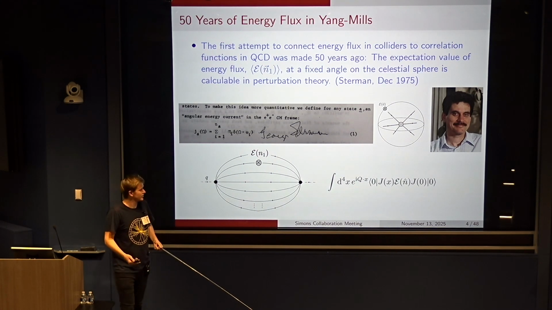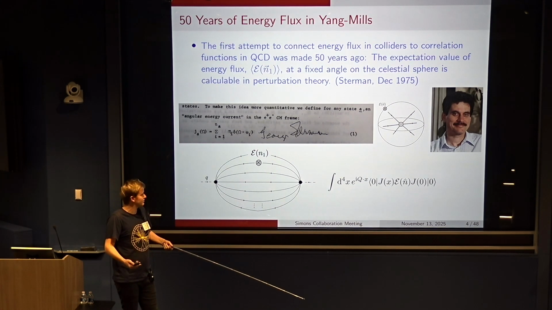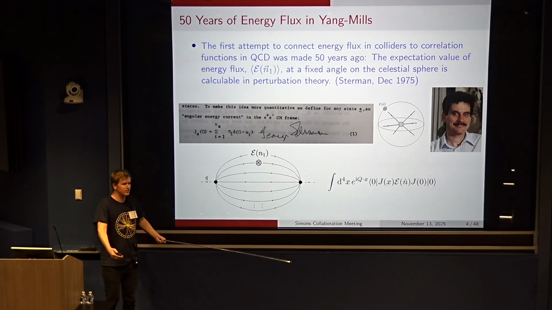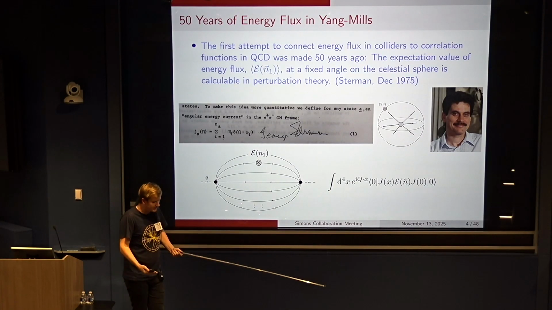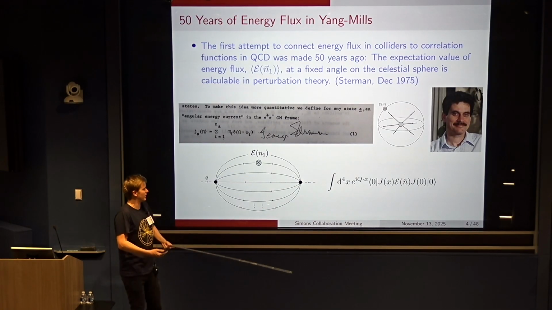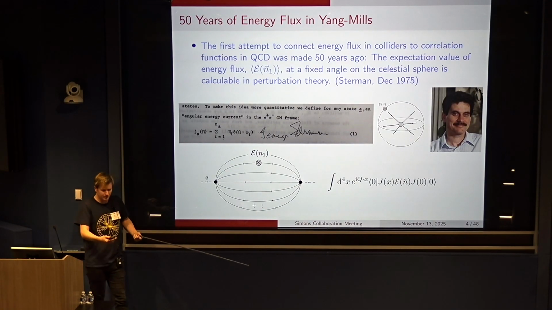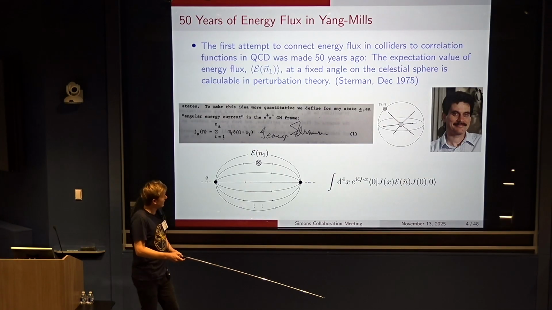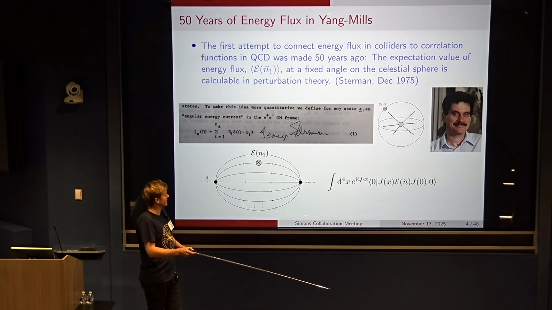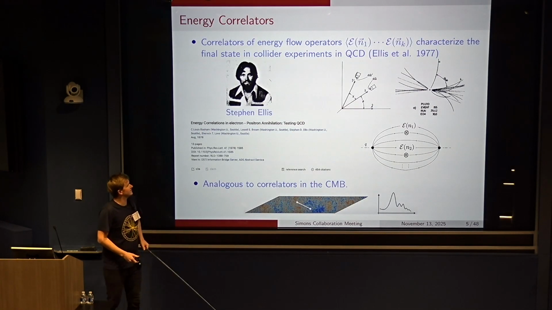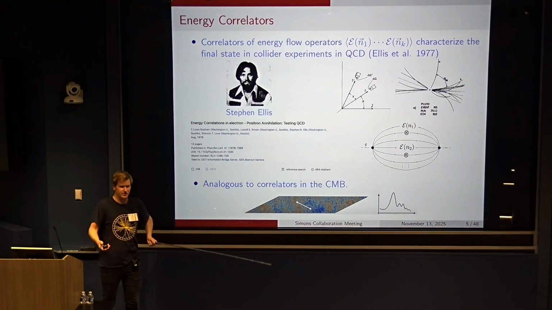And so this is very important because unlike things, let's say like scattering amplitudes, this object actually has a smooth infrared limit. And so this is something which you can directly measure in real-world QCD, and it can actually tell you something about the dynamics, for example, of confinement. And so this idea was significantly generalized in the late 1970s by Stephen Ellis and collaborators, who said